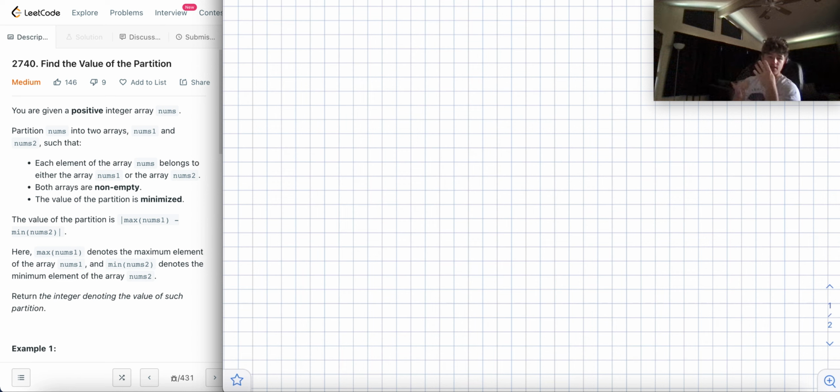This is 2740. Find the value of the partition. Okay, so this problem is sourced from the most recent competitive programming challenge competition, and it's classified as a medium,